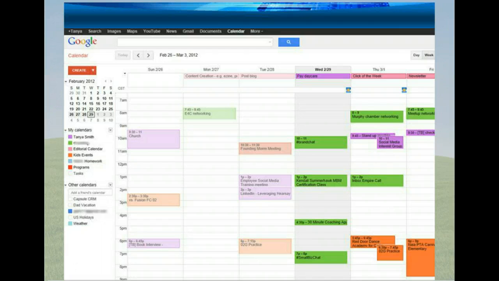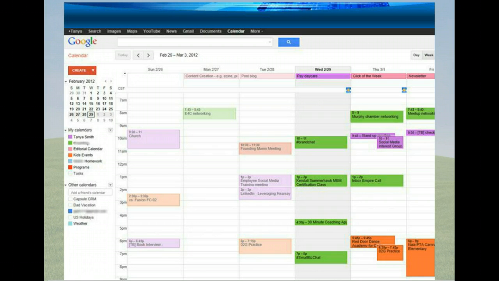And so when Google Calendar came through, what was very exciting to me is the ability to now share my calendar. So I created a family calendar. I created a calendar that is just for the kids' events, and that way I could share that calendar with my husband so he'd never again be able to use the excuse that he forgot that there's an event coming up, right?